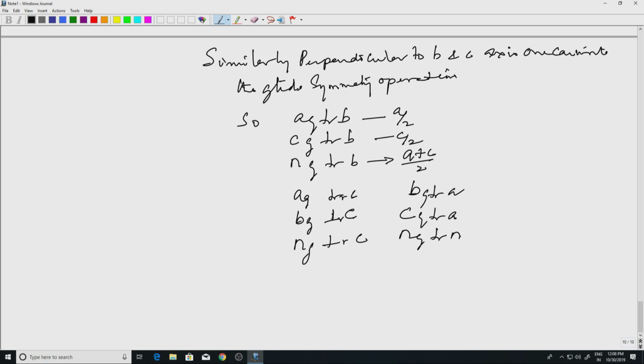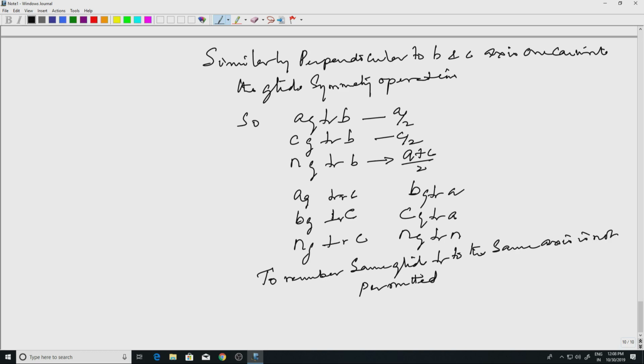We have to remember same glide perpendicular to the same axis is not permitted. Therefore, A glide perpendicular to A, B glide perpendicular to B, C glide perpendicular to C,